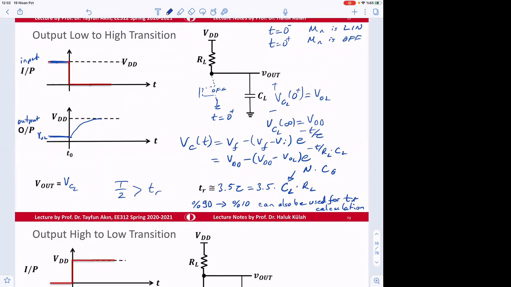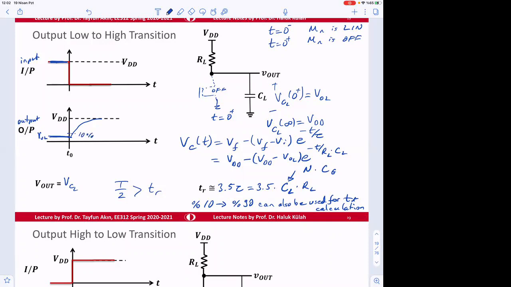Yes, yes. Oh, sorry. I mean, for the output, you're right. This should be the other way around. 10% to 90%. Thank you. So how do we calculate that 10%? So from here,